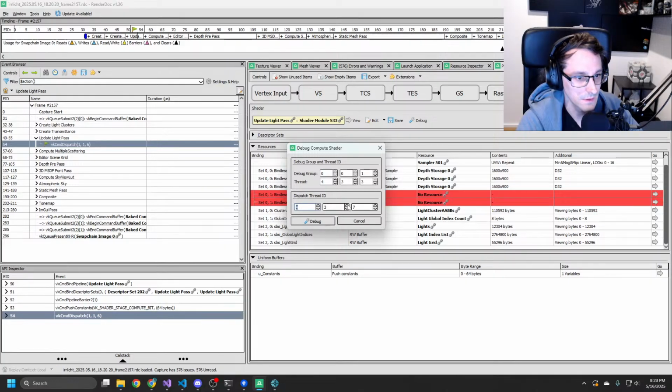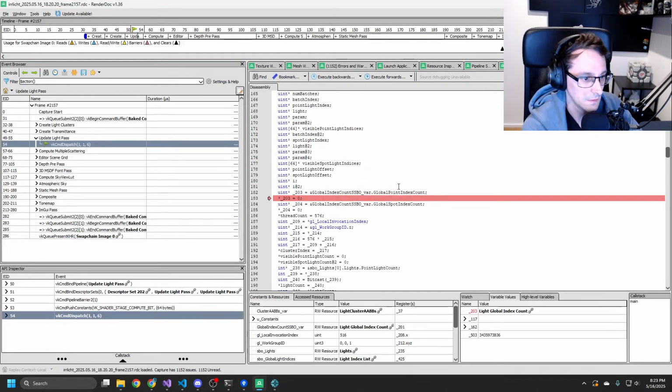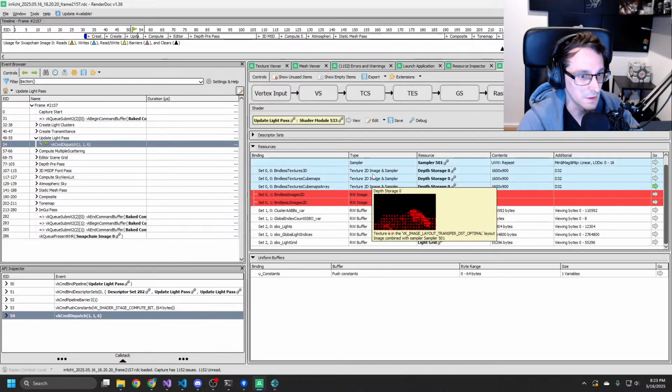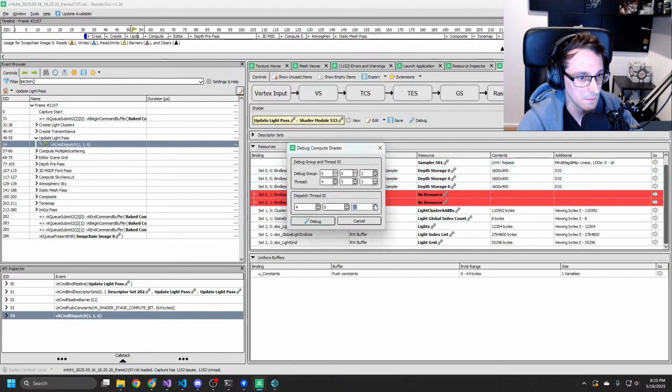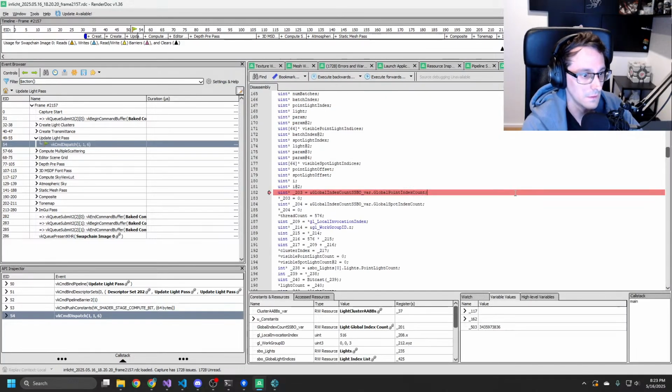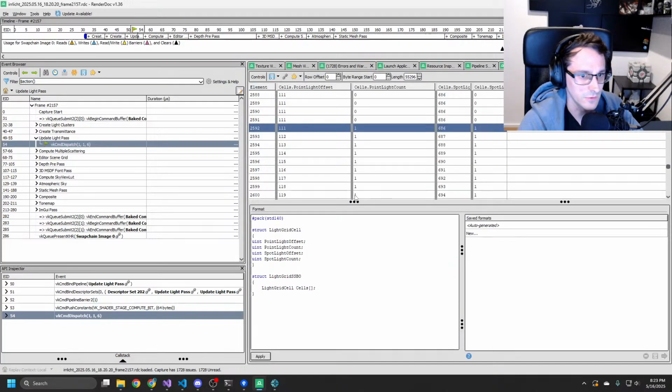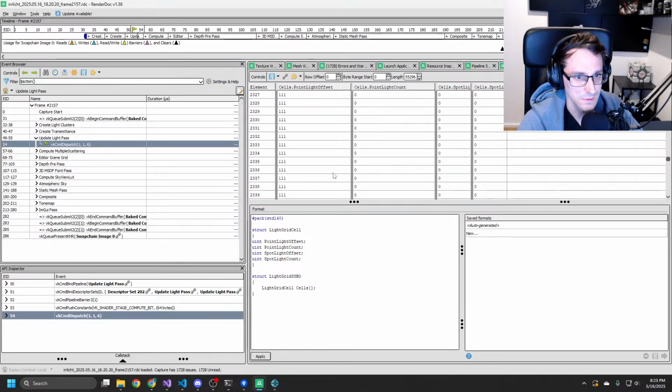So let's turn that up. 1029. $2,244. That's probably not good enough. See, that's the weird part. Why is that point light offset here like that? But okay.